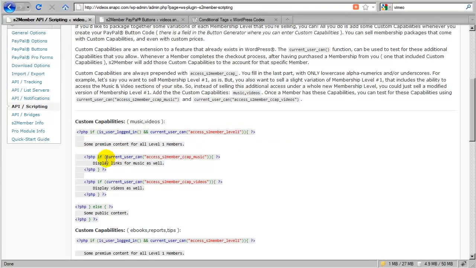And now I can come down and check if the current user can also access the s2Member custom capability. That's what CCAP stands for. So this is where those trigger words that I used in my custom capability field are applied. You're testing to see if the current user can access a certain custom capability. And if they checked out with a PayPal button that included that capability, then they will have access to that